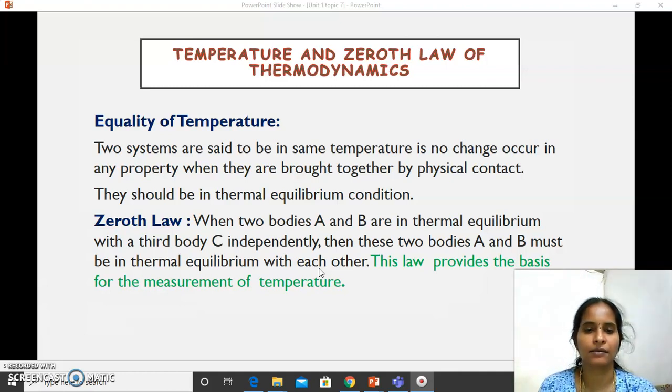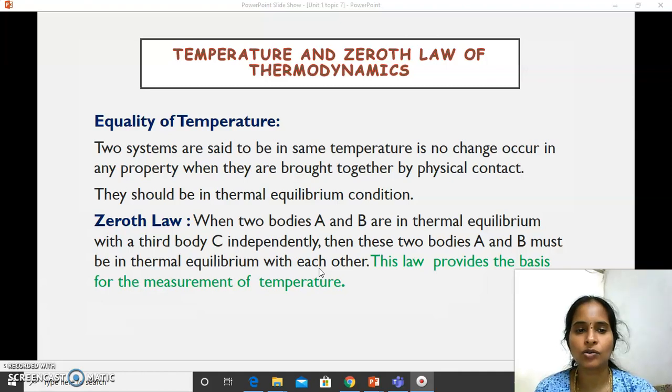of thermodynamics. So we have already studied the various equilibrium conditions. One of the equilibria is thermal equilibrium, which is nothing but that both the system and the surroundings, or any two systems, when they come in contact with each other, have to be brought to the same temperature. There should not be any heat transfer inside the system or between the system and the surroundings, which we have already studied.